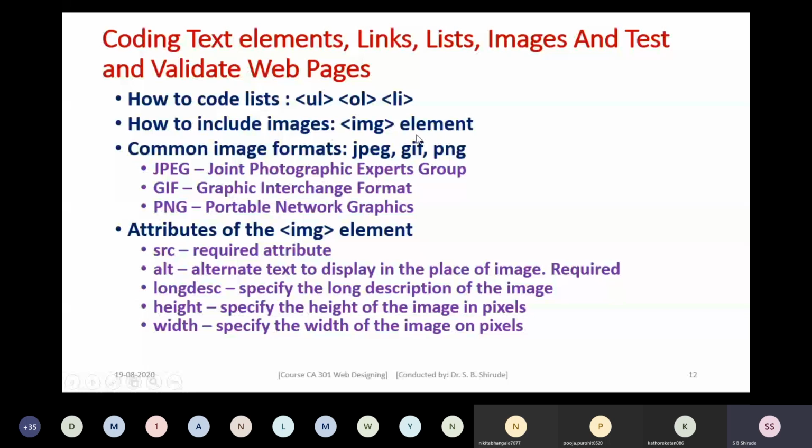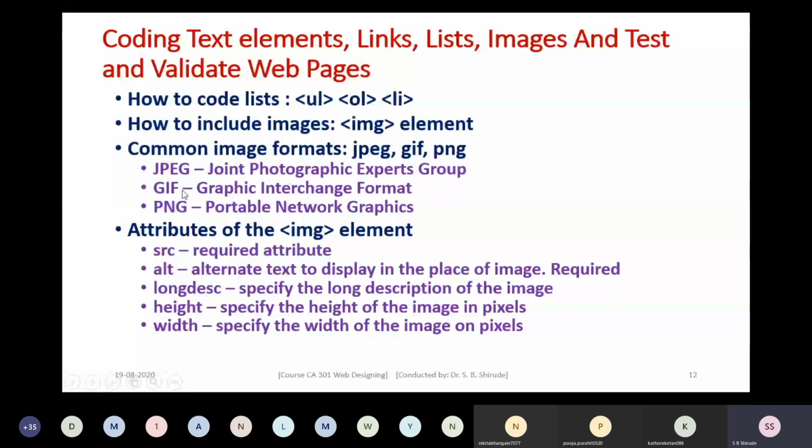Normally, the common image formats supported are JPEG, GIF, and PNG, which are commonly used because they are compressed, meaning they take less space. JPEG stands for Joint Photographic Experts Group. GIF stands for Graphics Interchange Format. PNG stands for Portable Network Graphics.